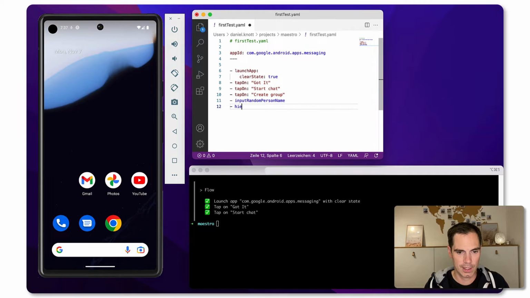We can then also say hide keyboard, and then we say, okay, press key, and that's the cool thing here. We can say, okay, hit the home button to just leave the app, right? And then we can say again, launch the app again, and then we say tap